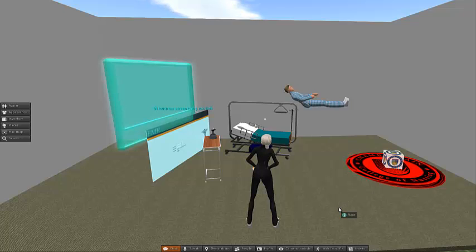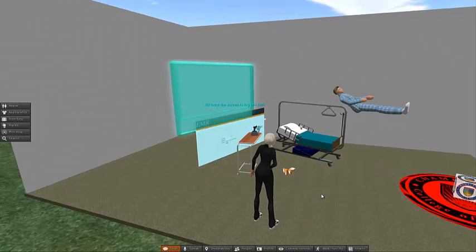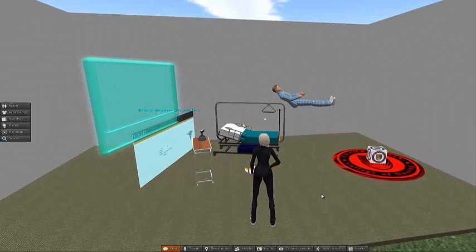This tutorial is on troubleshooting the simulation. Sometimes when you hit display on a scenario, things don't quite display the way they're supposed to. As you can see in Scenario 1, I have some items that are not in the place where they're supposed to be. If this does occur while you're experiencing the simulation, all you have to do is click on the